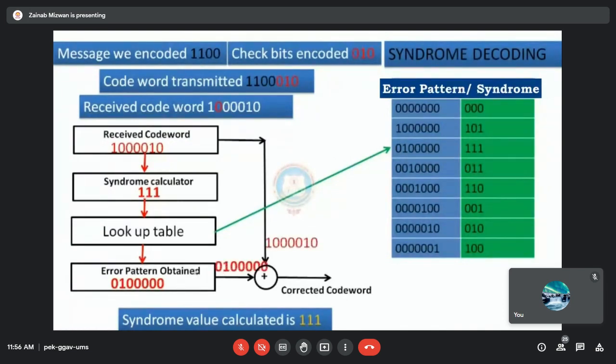That error pattern and the received code word will be given to the modulo 2 adder, and we will obtain the corrected code word. The corrected code word is the same as the code word we transmitted. So this is how we check for error and correct the error using syndrome decoding.